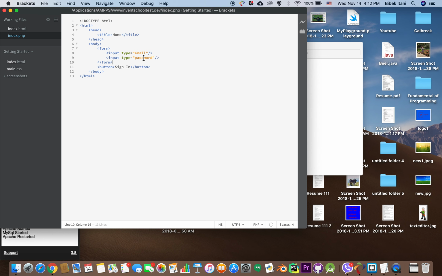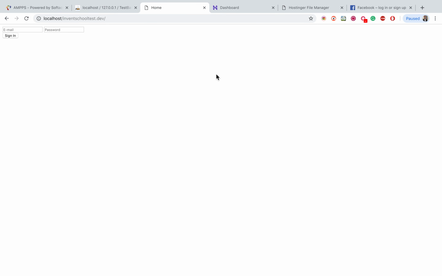But then let's put placeholders like hints, so that you can tell the user that there's an email field, and we can also tell the user that there's a password field. All right, so you get a type of the input, and you get a placeholder of the input. So let's save it. Always remember to save. Then you refresh your browser. You see the placeholder shows, and it actually lets you know that there's an email field and it's a password